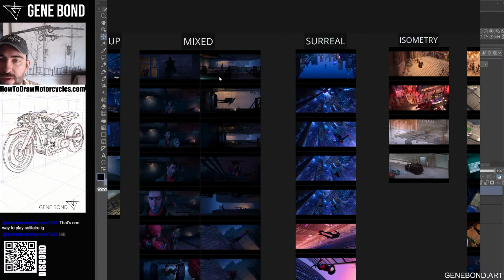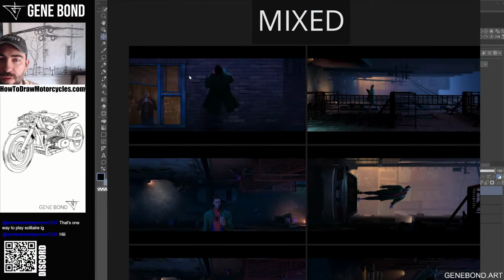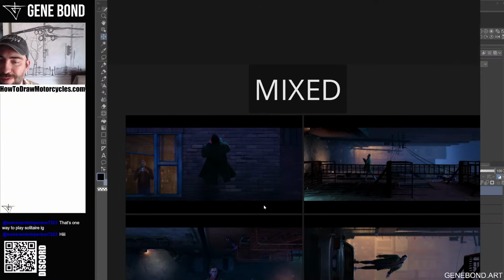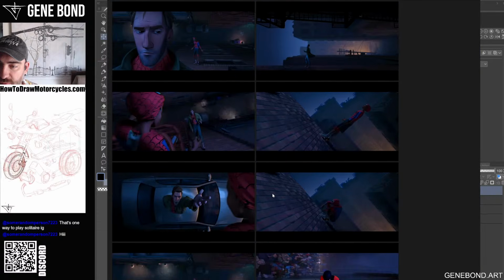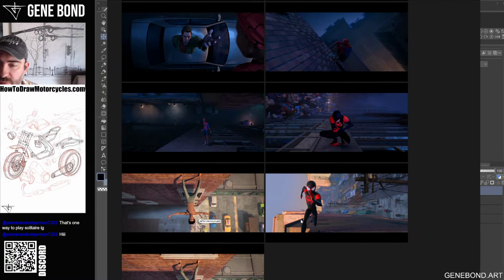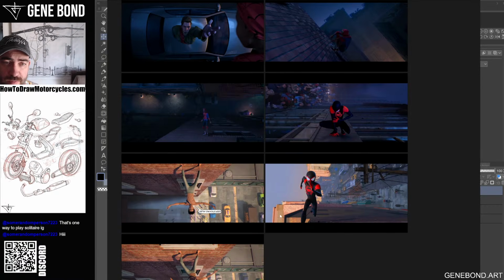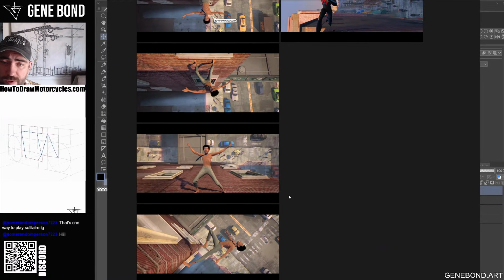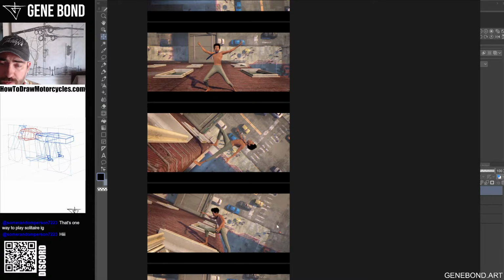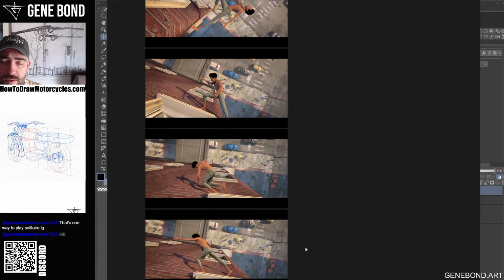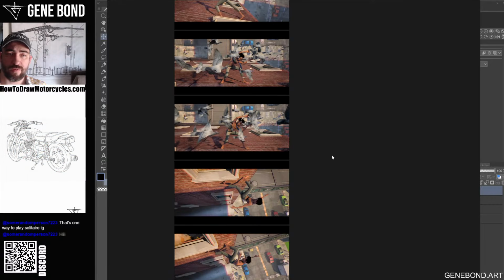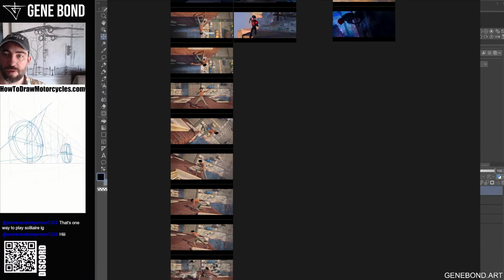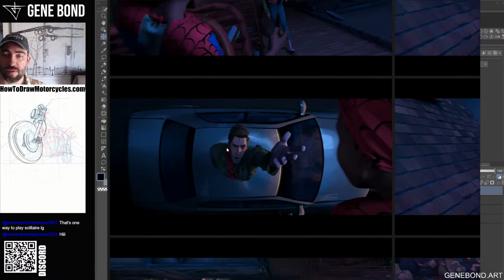So then we have this category, like I said already, it's mixed. And here again it's very interesting: all these examples are 1 point perspective. Just 1 point perspective, look. You might be trying to make a super impressive, super creative, unusual scene, and you think you need to have 6 point perspective, right? Just 1 point perspective, and it works fantastically. You just need to have some